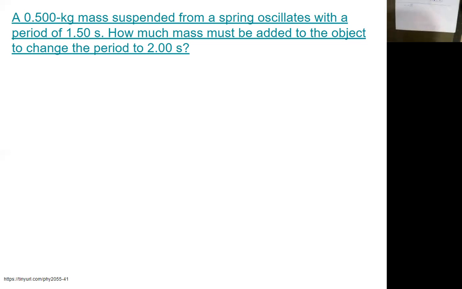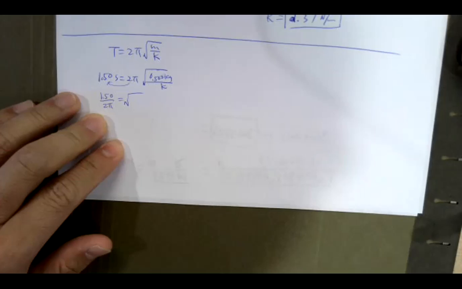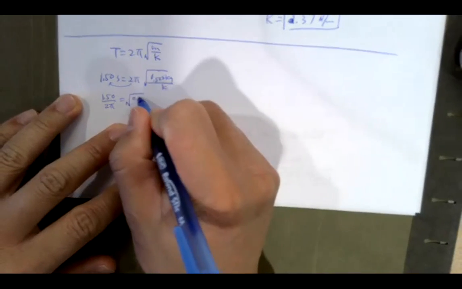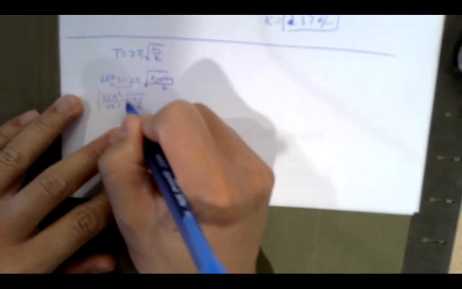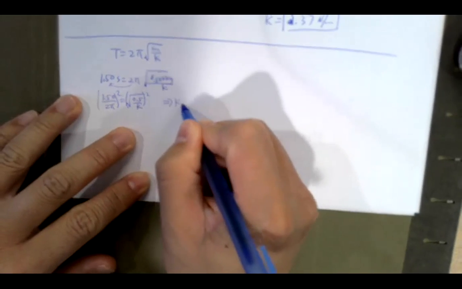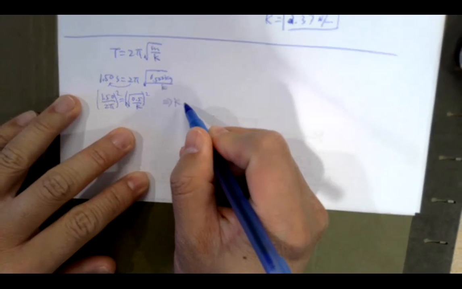All right. So I think we can take a look here. It tells you the first time, when the period is 1.5 seconds, its mass is 0.500 kilograms. So you can actually solve for k from here. Basically, divide both sides by 2 pi: 1.5 divided by 2 pi equals the square root of 0.5 over k. Then you can square both sides and solve for your k. Once you have your k,